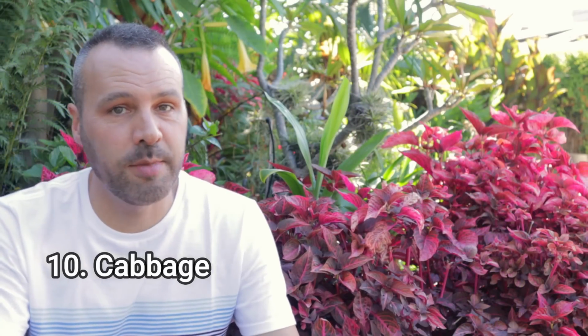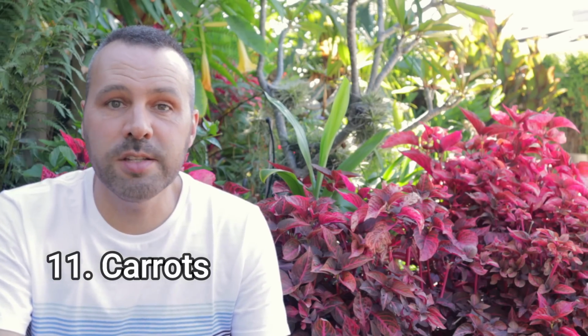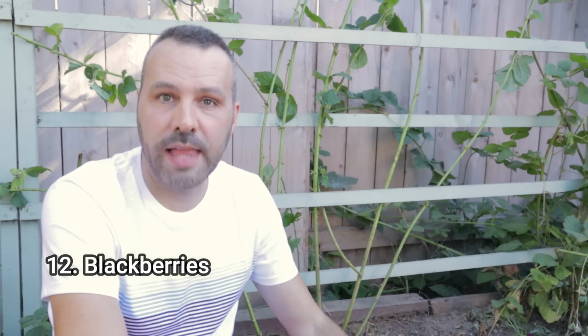Number 10 is cabbages. Now, last year I grew cabbage in the shade and in the sun, and the ones that grew in the shade took a little longer to develop a head, but worked just the same. Number 11 is carrots. Carrots do really well in the shade. They don't get as big, and I recommend getting smaller varieties, and they won't grow as fast, but you will get a harvest. So they won't grow as big, but then again, in the stores, you pay more for baby carrots, so...